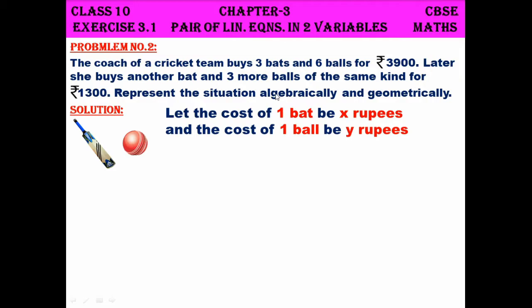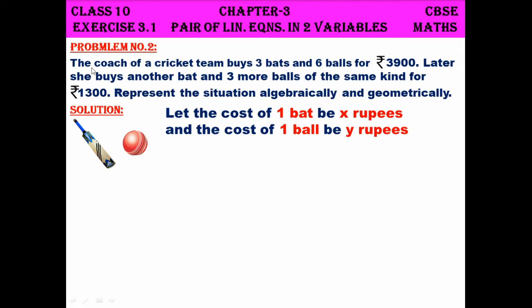So it's given 3 bats, 6 balls, 3 balls and all those things. Our standard assumption is the cost of 1 unit. Always, in such cases where you are dealing with cost problems, you assume that the cost of 1 unit is X and Y, right? So that the problem will be easy to formulate. Okay, now my assumption is the cost of one bat is X rupees and the cost of one ball is